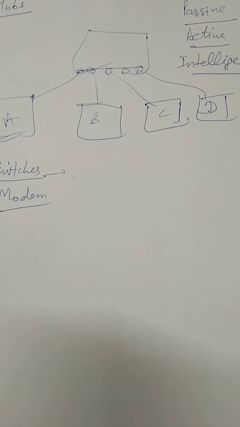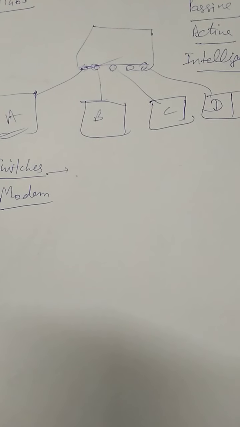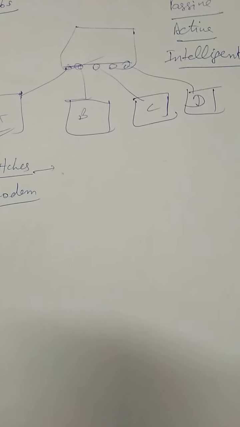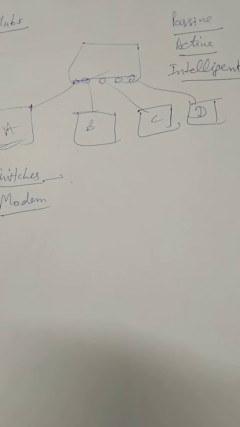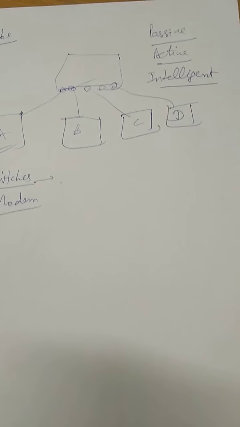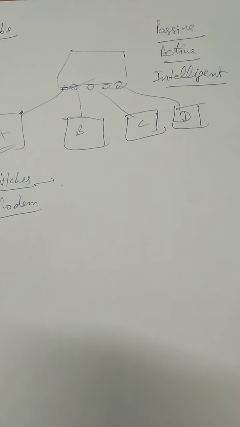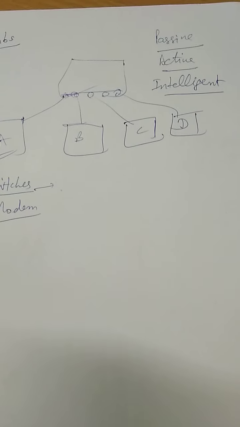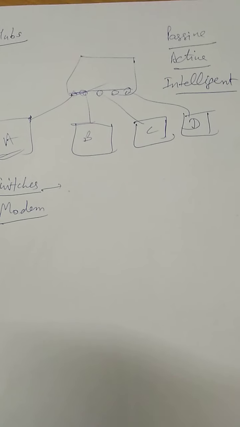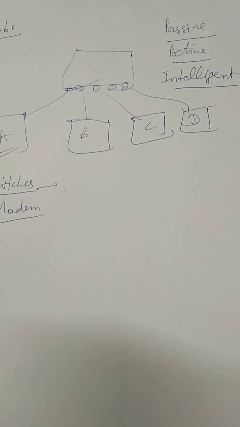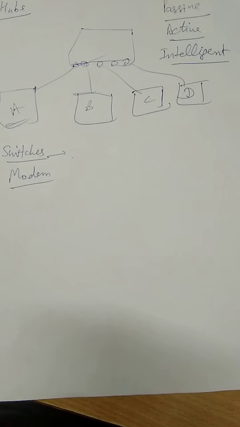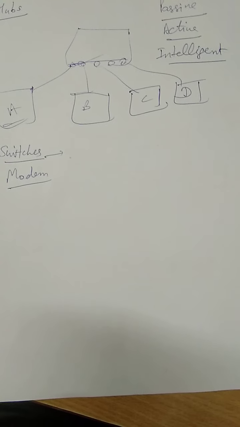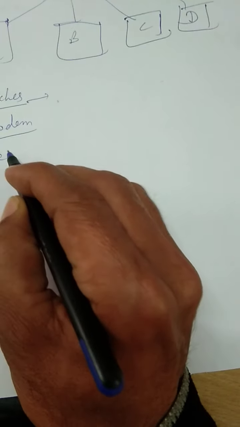The converted data in the form of an analog signal can travel without any noise over very long distances. When this data reaches the destination, it is converted back to digital data with the help of demodulation. Demodulation converts the analog signal back to the original digital data. Now, what is a modem? A modem is a device which converts digital into analog signal and vice versa. These are modems.